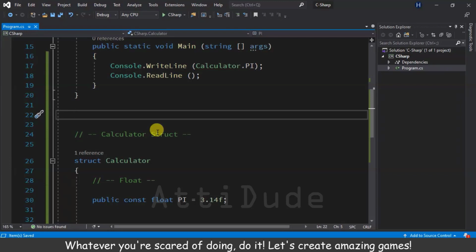If you're making a really heavy game, like Call of Duty or Minecraft, then you need thousands of scripts, thousands of structs, and you're just basically going to mess up with all of these. And it's generally recommended to use structs instead of classes,